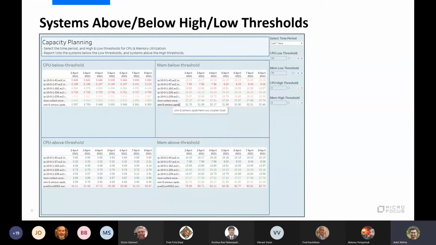This is another report, again from a capacity planning perspective, where the user provides input of CPU and memory, both high and low thresholds, and then the 4 different tables over here are simply listing down the systems which are either below the respective threshold, or above the respective threshold. And then within those, it is color coding those values over the range of the min to max CPU utilization, for example, in this top left table,